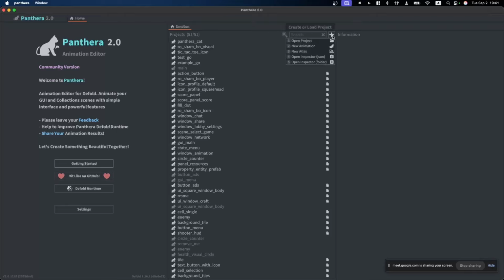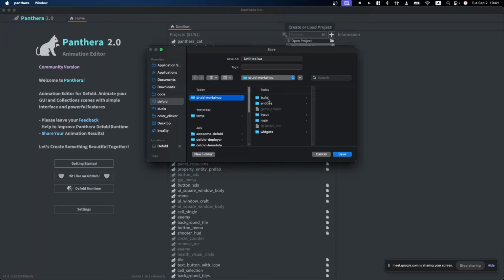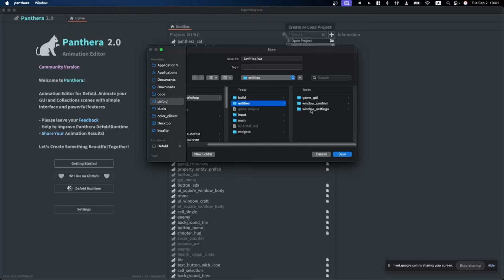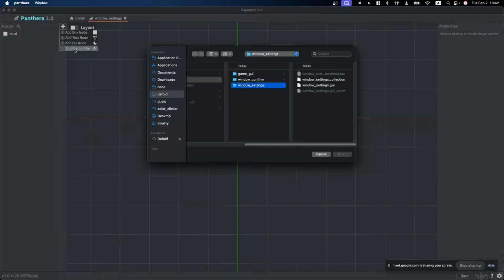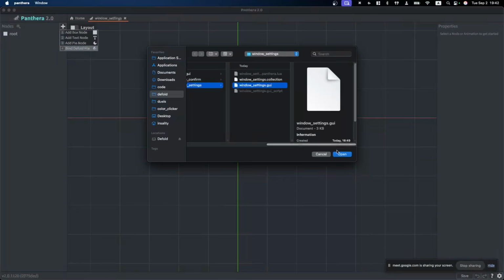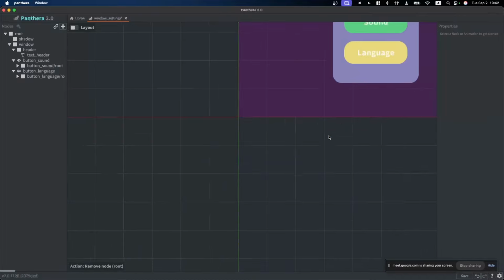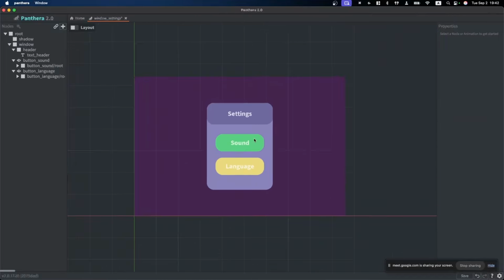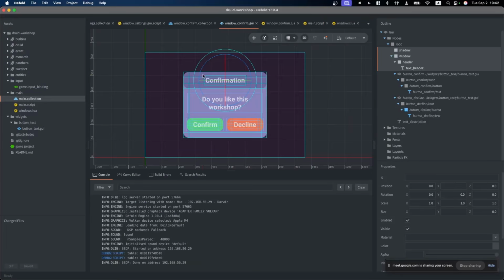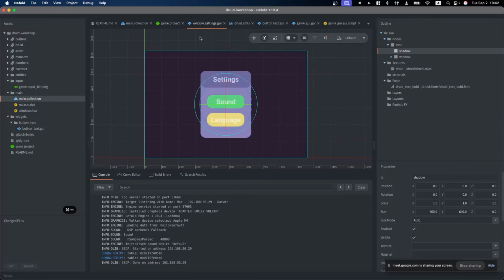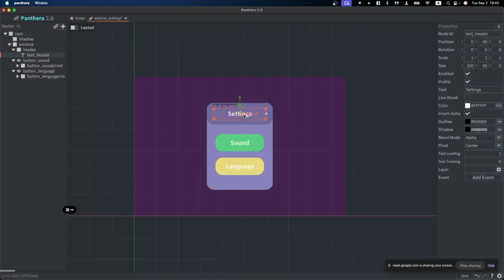To make a project, you need to press plus, press new animation, shop, entities, and we're interested in window settings. So let's call it window settings, Pantera.lua file. And the second step, we need to bind the Defold file which we will animate. It will be like here nearby. We just select it, press open, and here it is. It is almost the same as we see in Defold. Pink, it's settings window, right? Yep, settings. But a different font files. It should not be a big issue for you.